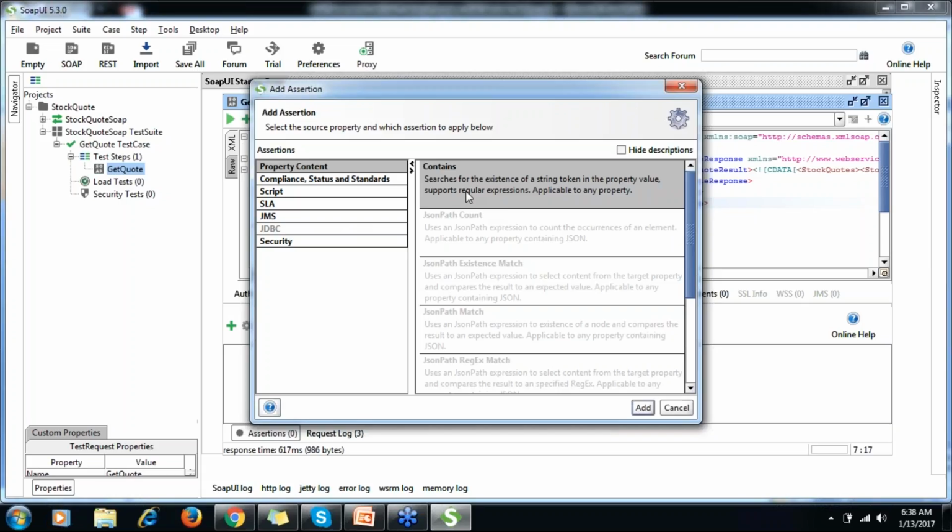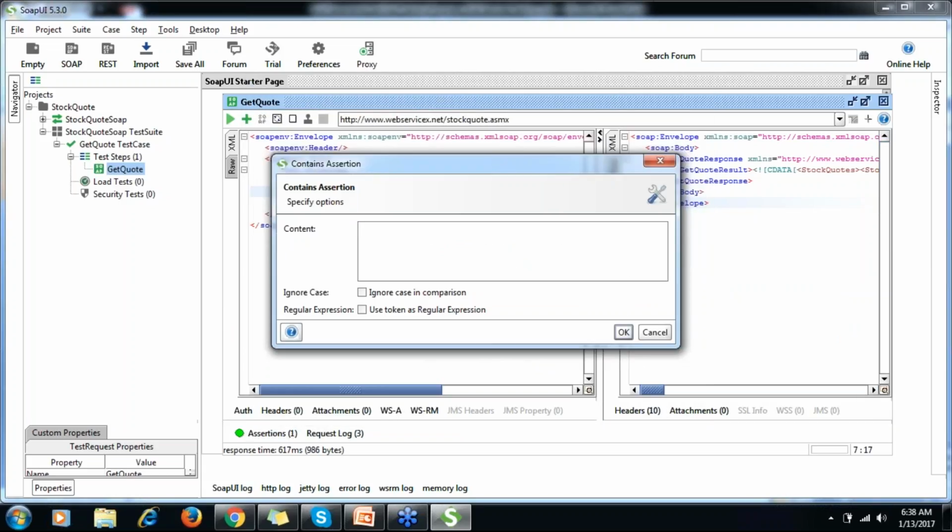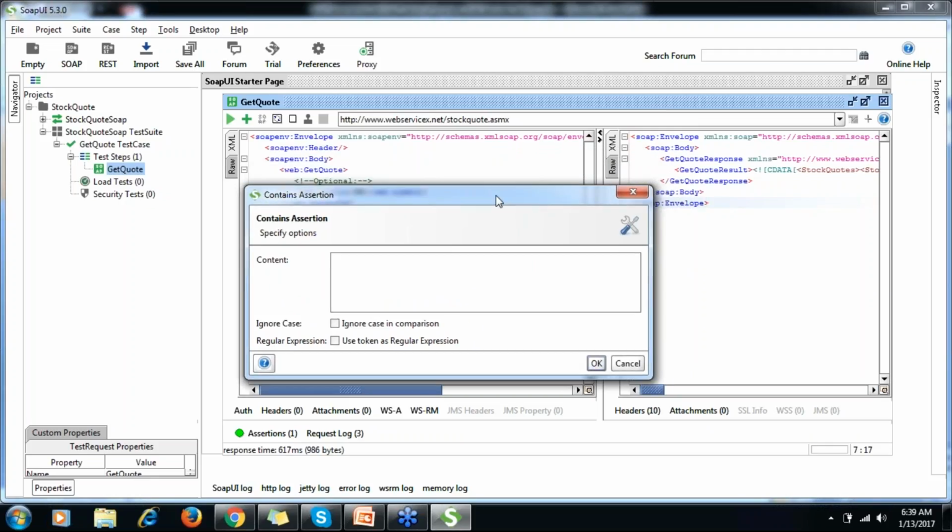So let me click there, and you can see one dialog box is opened. So suppose I want to verify that whatever response I'm getting, the get quote result tag is there or not.